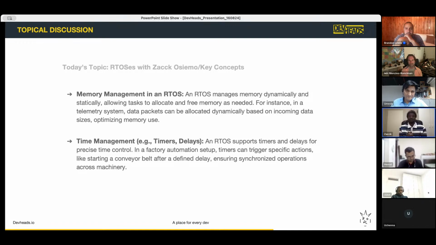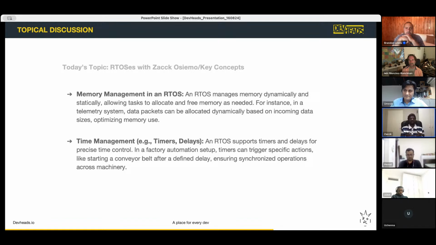So FreeRTOS, which is an example of an RTOS, gives you mechanisms for choosing how to fit memory. You could use something like a fast fit algorithm, where you find the first space that is big enough to accommodate the data you need to put in.